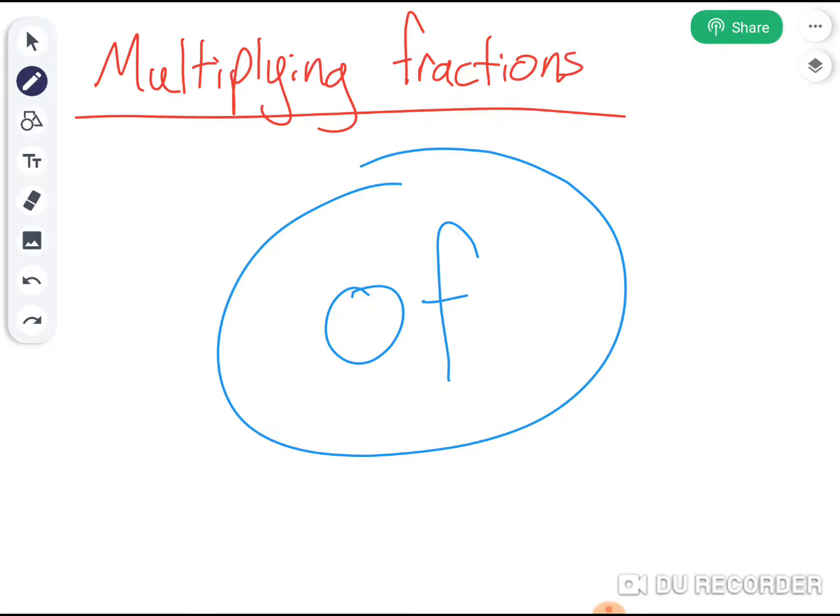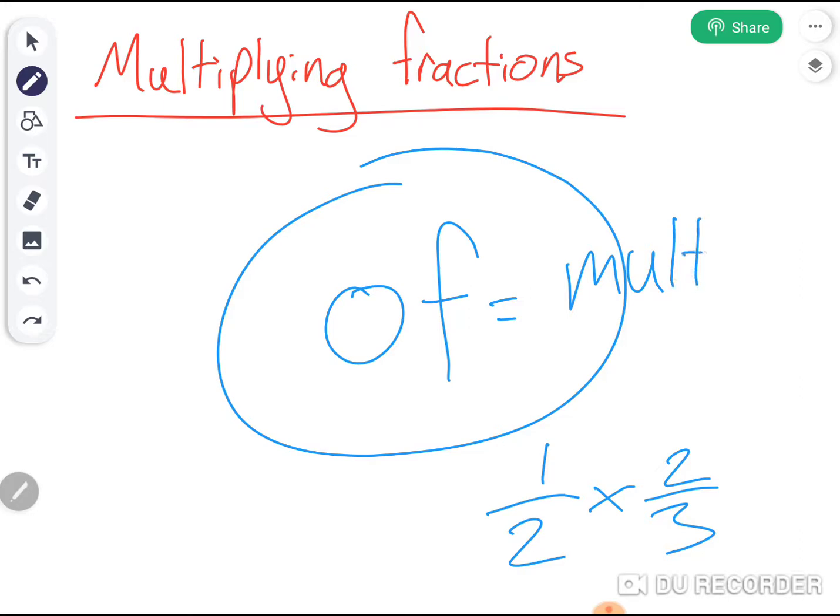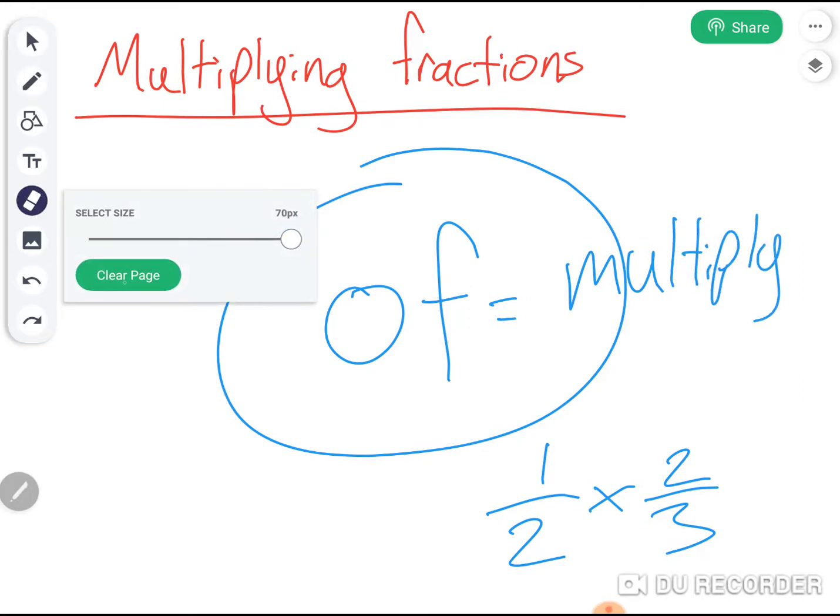So, for example, if I were to ask the question, what is 1/2 of 2/3? That's really asking me, what is 1/2 times 2/3? So that "of" really means multiply. So let's go ahead and do that example problem real fast. So we were doing 1/2 of